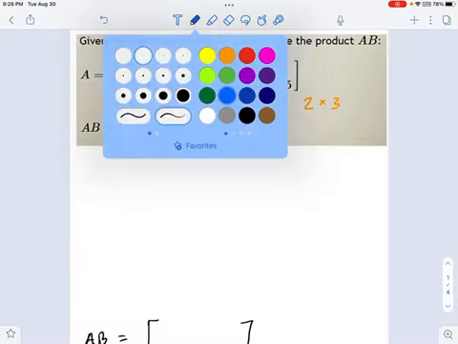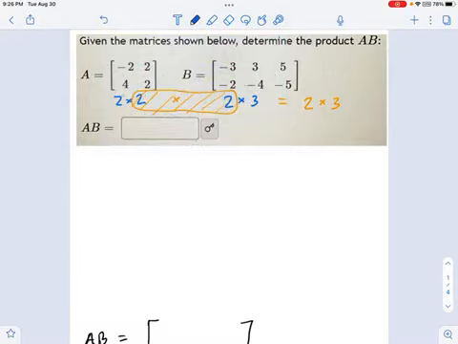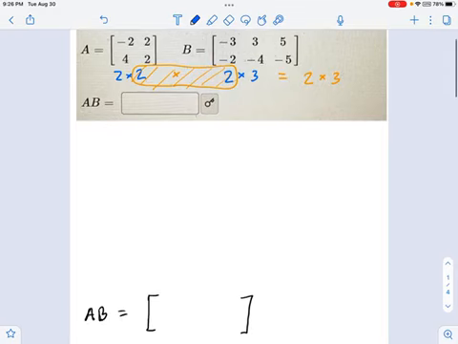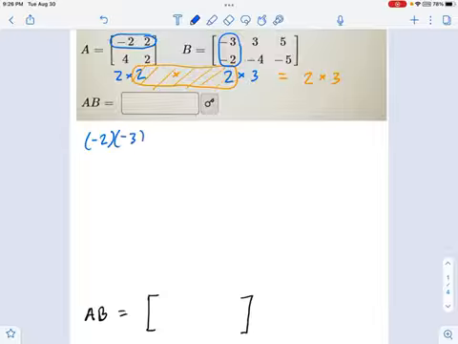I know I'm going to get a 2 by 3 matrix once I multiply A and B together. The way that pattern works is sometimes a little tough to follow at first, but you'll get the hang of it quickly. I'm going to take the top row and multiply it against the left column. That's going to give me the top left entry of my product. So the way this works is -2 times -3. See how those matched up? I took this -2 over here and put it into that number.